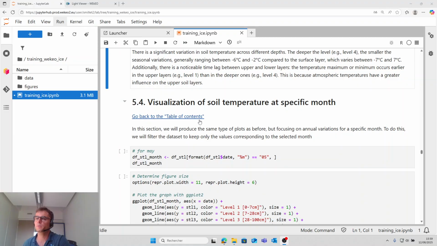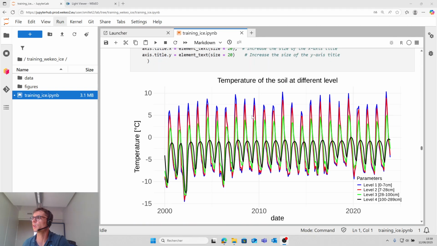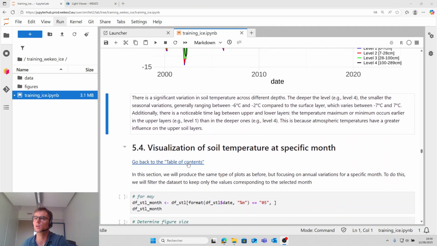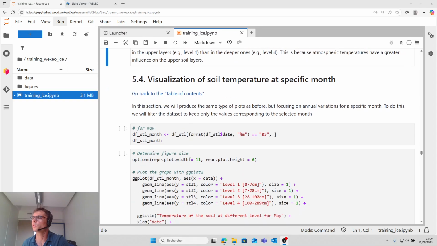So now we will see the soil temperature at specific months over different years, because we have seen there is a variation of temperature, but we would like to see if there is an increase of temperature between each year. So in this section we will produce the same type of plot as before, but focusing on annual variation at specific months.